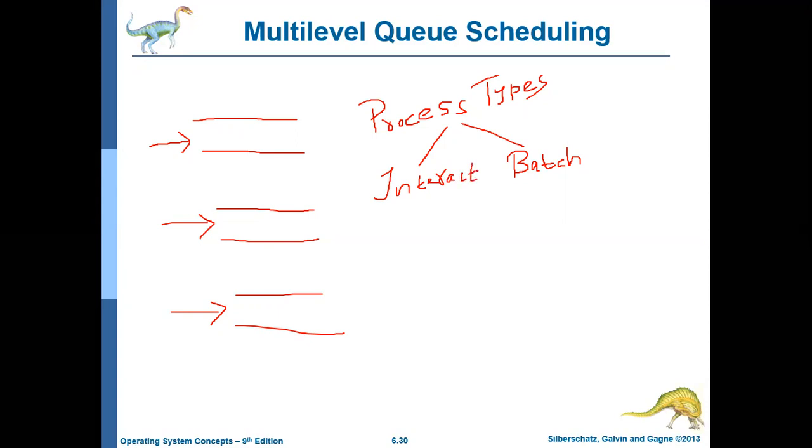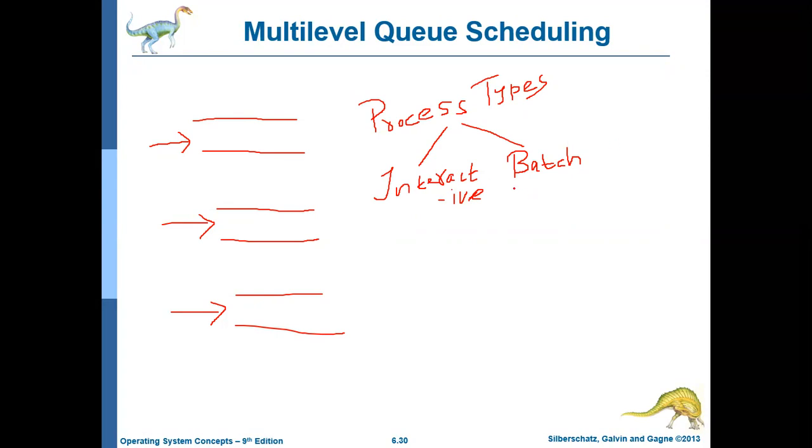The response time of these processes should be very low, in the sense that they should respond quickly. Once you start the process, it should respond quickly, because it may take some user input, and how the process behaves may depend on the frequent inputs it is receiving from the user. So its response time should typically be very low. It should respond very fast. That is what is meant by response time should be low.